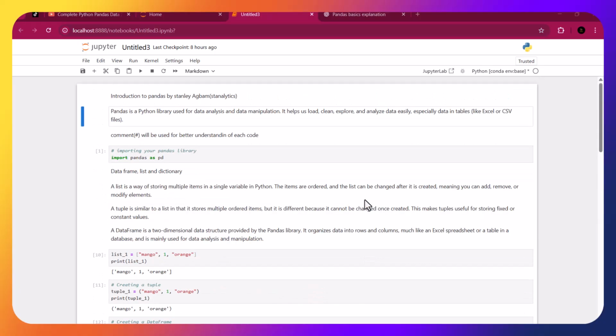So first, let's talk about what pandas is, what it does, and how it can be used. Pandas is basically a Python library used for data analysis and data manipulation. It's used to import data, edit your data, like cleaning your data sets, data processing, and data exploration. It can also be used to import data, for example an Excel or a CSV